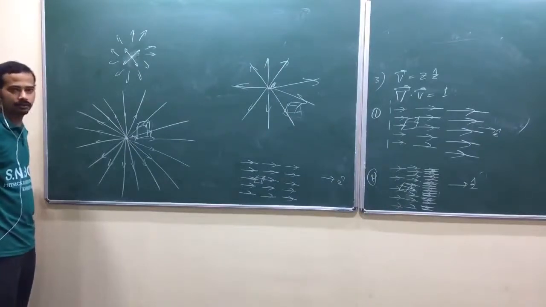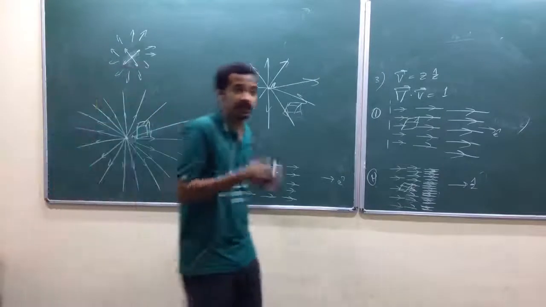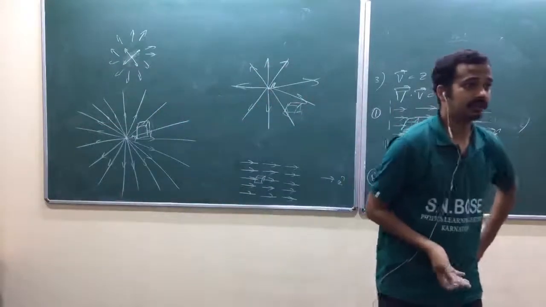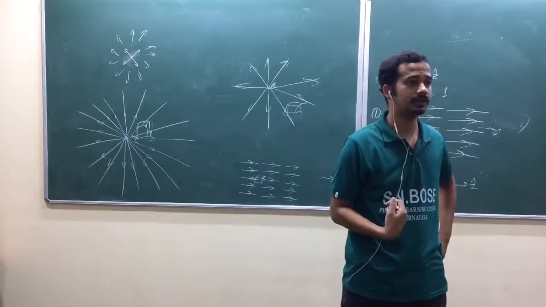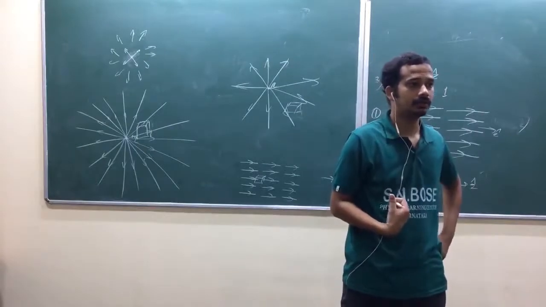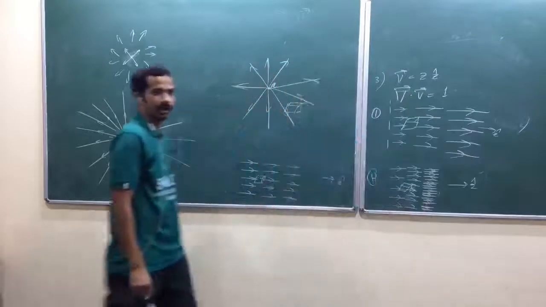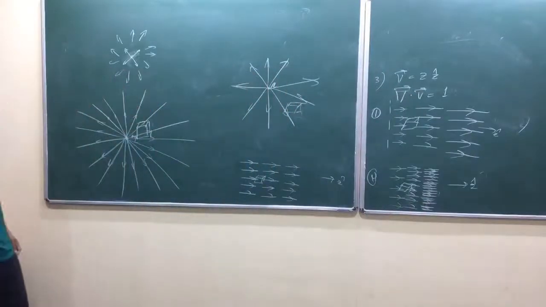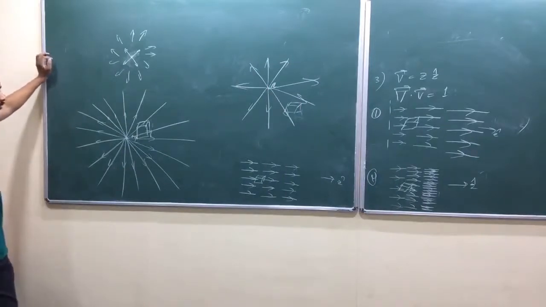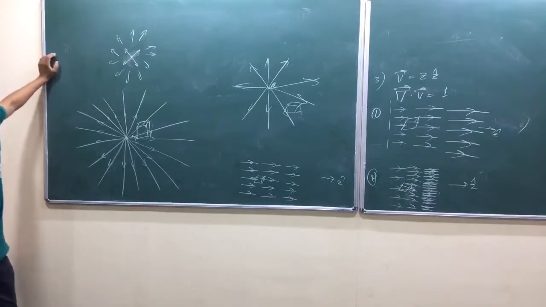Yeah, the left hand side is close to the charge, so your field strength is more. Then the right side is... yeah, that's correct. Your argument is correct. You feel like that, but we have to do it in a reverse way.